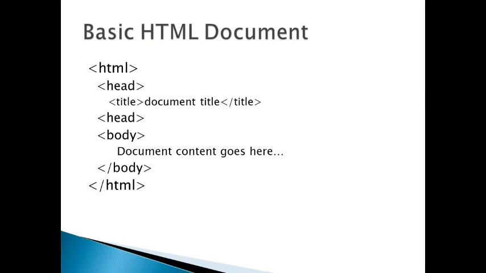Next is the body tag. Next, the document content goes here. Next close your body tag. Next close your HTML tag. So this is how the structure of an HTML document will be. There will be an HTML tag. Within HTML you have two main sections. One is the head section, another one is the body section. Under the head section you have another section called title. Yes, these are the mandatory tags which are used in an HTML document. Right. So this is the basic HTML document.